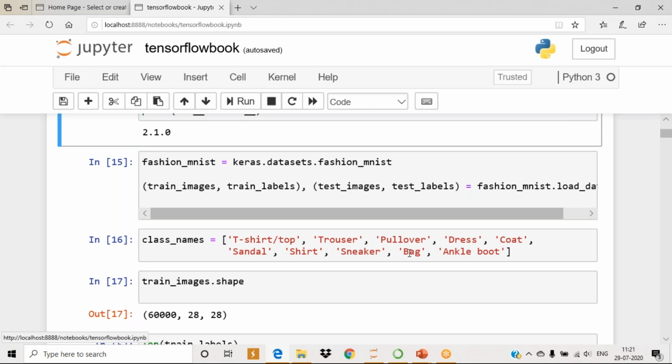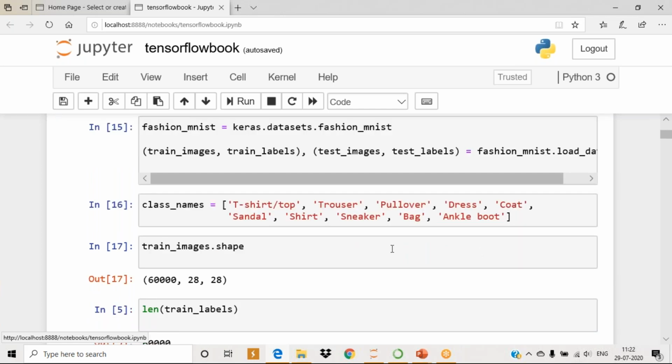So here I'm assigning class names for each item. What is the first one? T-shirt/top. It belongs to the first item, that is 0. Trouser for the second item, and pullover for the third item. So here I am assigning the names for the 10 items as the class labels, right? That is in the next cell.